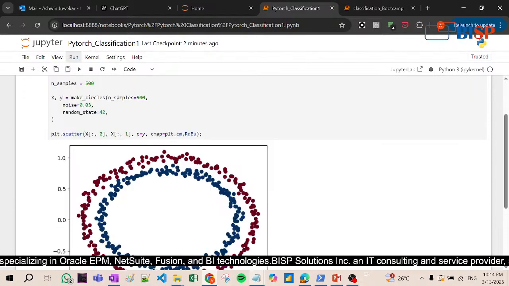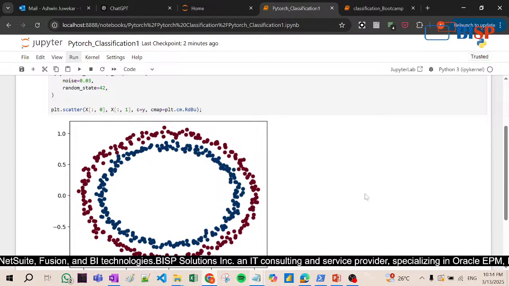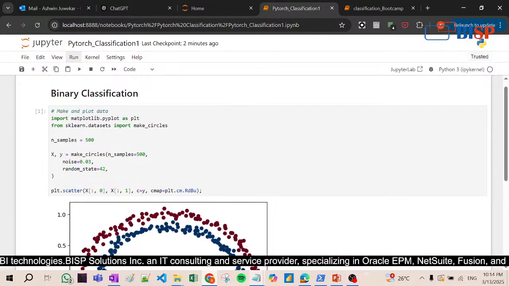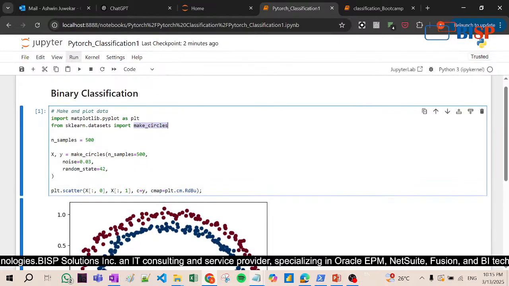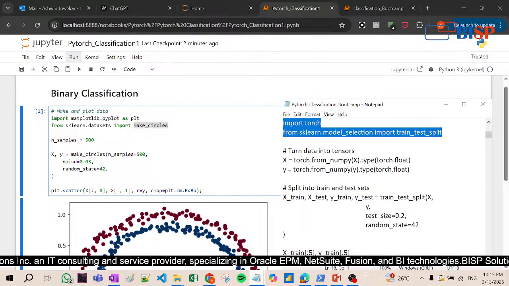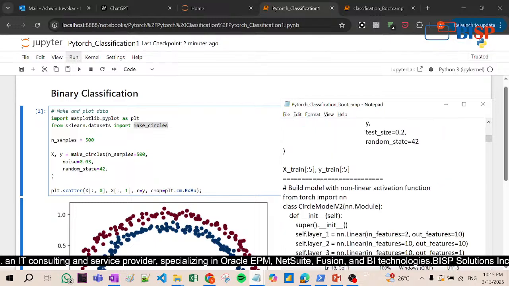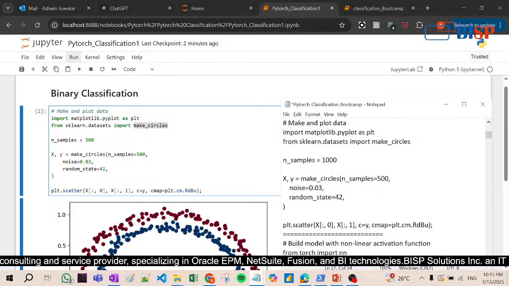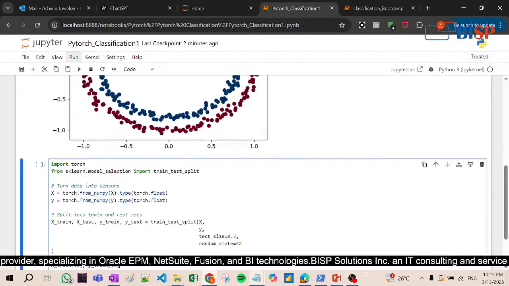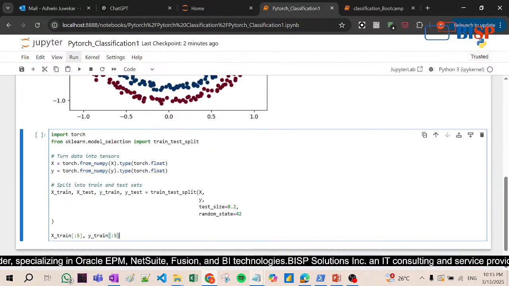Now look at this. This is what the plot is created. Okay. Now if you see here, you can see all the data is created. Why? Because we have used make circles, right? Now see here,